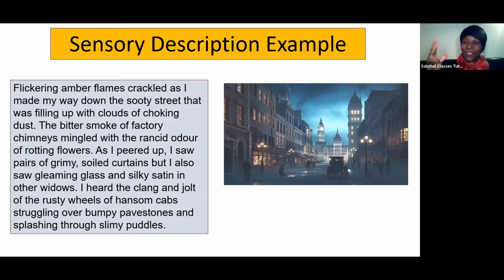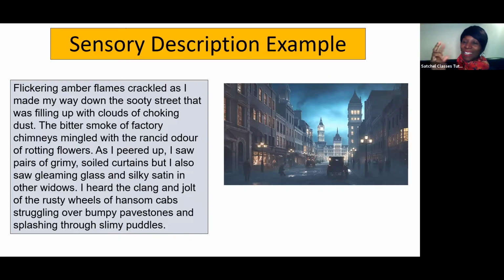So you can see the flickering and the amber appealing to a sense of sight. But alongside that, you've got crackled and sooty, appealing to a sense of hearing and the sense of touch, and the choking dust, appealing to that kind of sense of taste and smell that's intermingled. I'm trying to continue that sense of smell and taste with the bitter smoke and the rancid odour and the chimneys and the flowers all mingling together, but also the sense of tactile imagery and description with the silky and the gleaming kind of